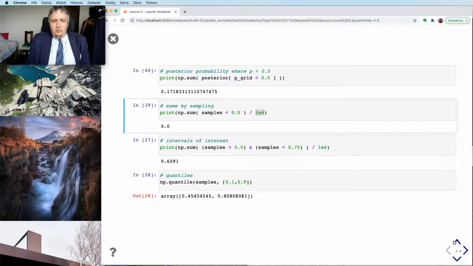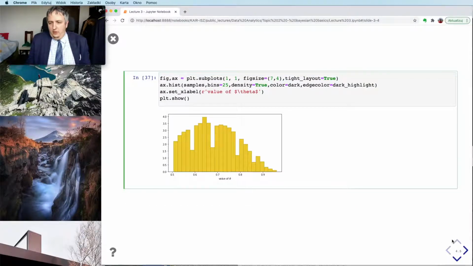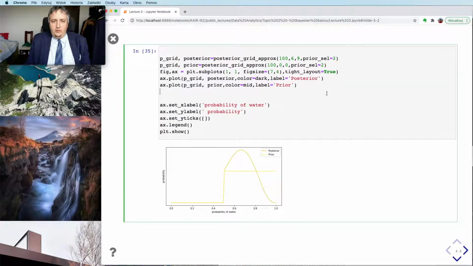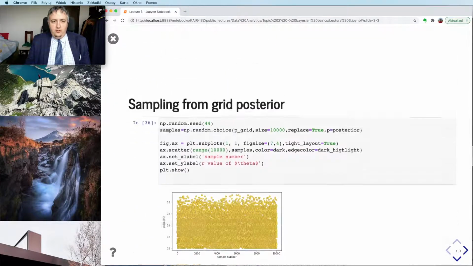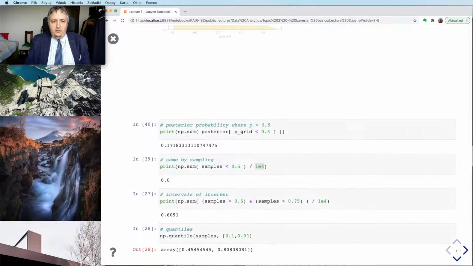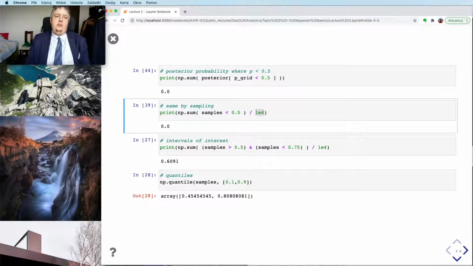This is interesting, why it's not working. Posterior is defined here by grid approximation with wrong prior, of course. This shouldn't be here. That would be much better. In this case, sorry. Again, not enough testing. Okay, this is okay. So now the posterior probability is equal to 0, which is consistent with